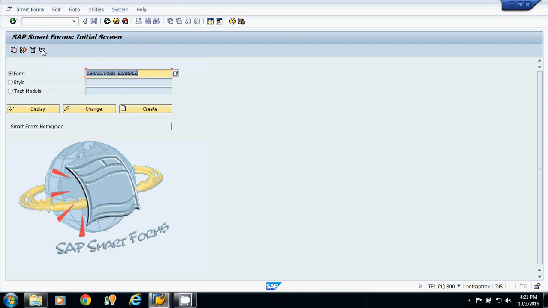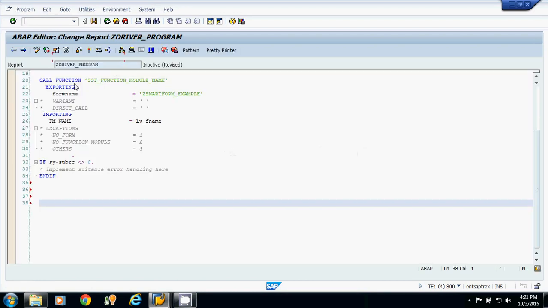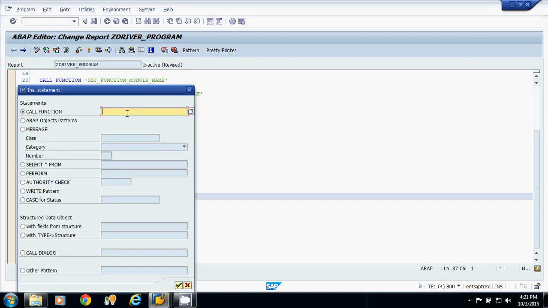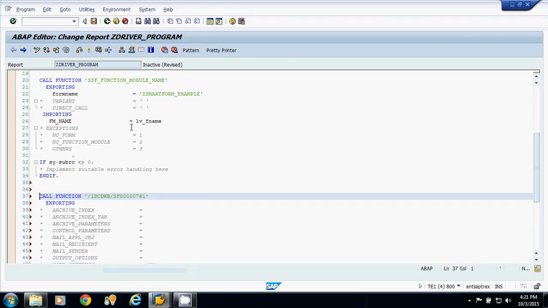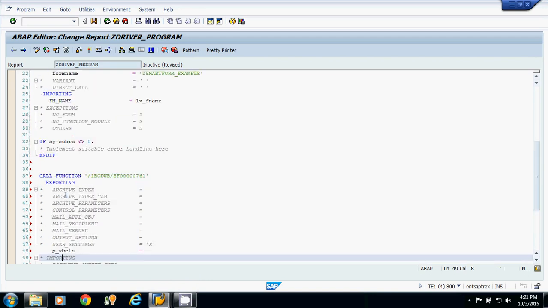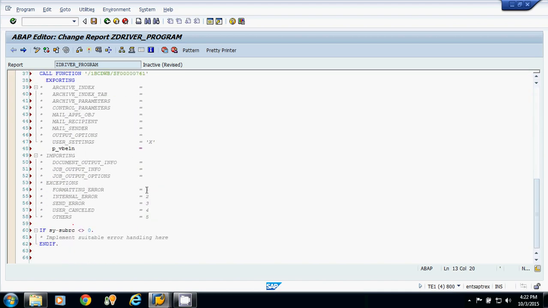I am running the smart form. I am copying this function module name. I am going for pattern, passing the name. Now this P_VBELN is coming from our selection screen. So I am passing the variable name here.